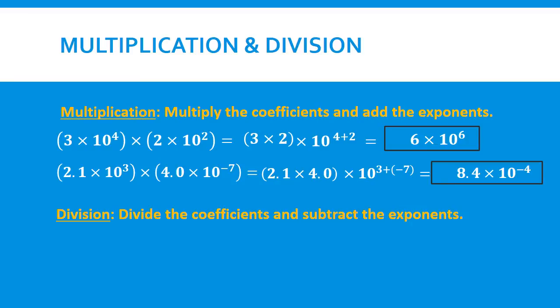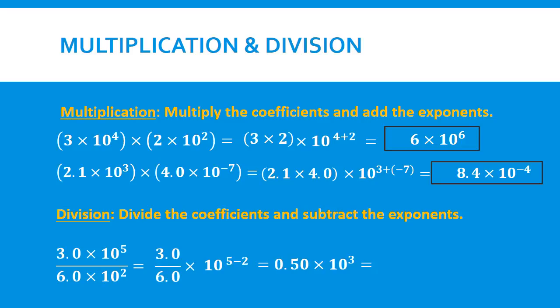Now, when we do division, division is the opposite of multiplication. So this time we're going to divide the coefficients and subtract the exponents. So in this example, our coefficients are 3.0 and 6.0. So we divide them, we subtract our exponents, and then we get to this point here, where we don't